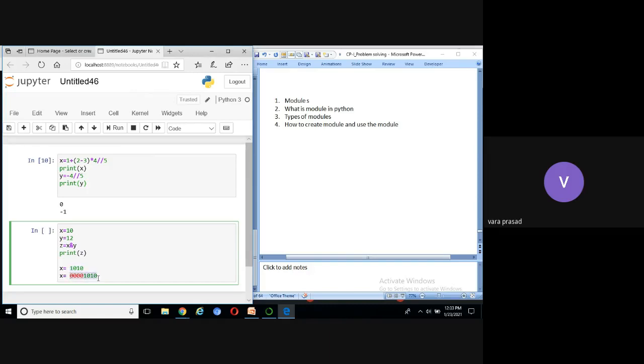But if you take this one, it is the binary value of x in 8-bit binary format. How to transform to 8-bit binary format? You can keep the zeros, then it will become 8-bit binary format. Now, how to represent the value of x in 16-bit binary format? Keep how many zeros?